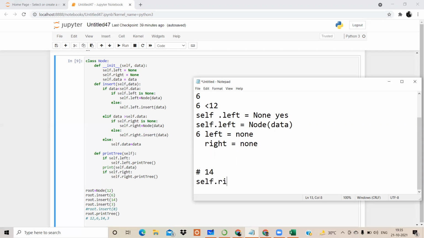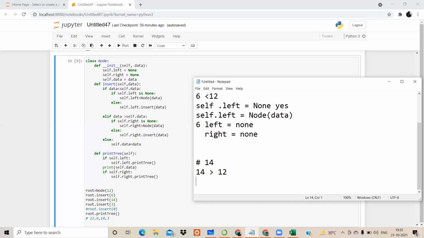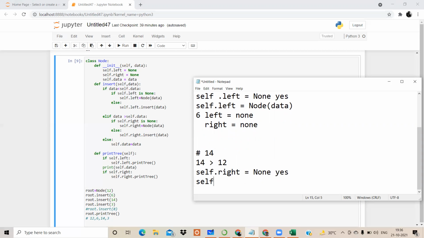14 will be compared with self dot, I mean if it is data, that is 14 is greater than 12. So self dot right is equal to none this time. This part is yes. And so on self dot right a node is added.